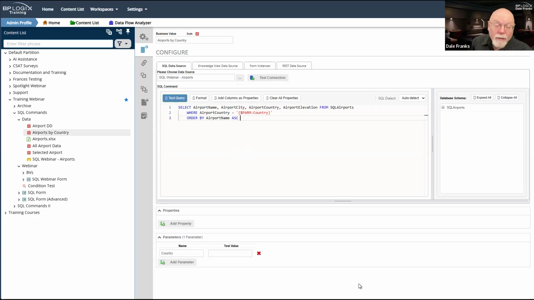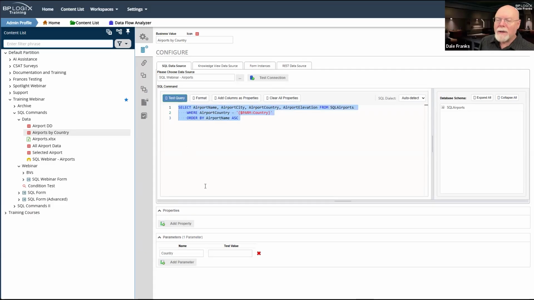And that's great for grabbing data, not so great for altering data, because we're going to assume that if you have data in a table, it's kind of important. That's why you're saving it. And you do not want to go in and just change that data willy-nilly. And the problem with the business value is that anyone who accesses it is going to run whatever SQL you put in here.